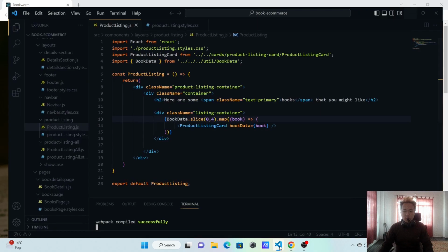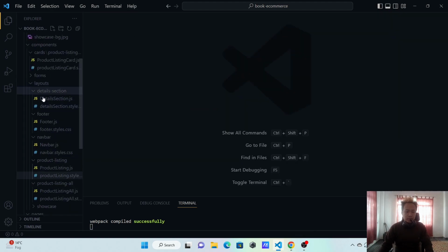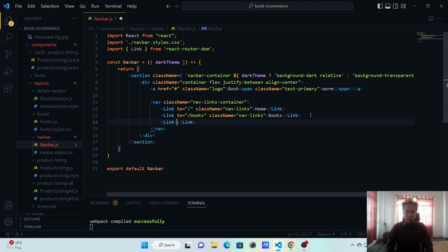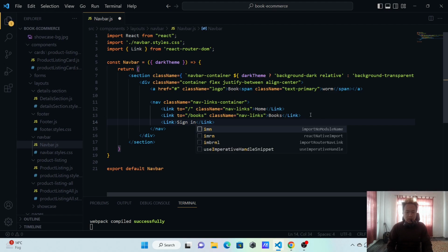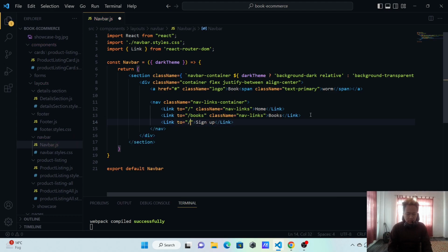So let me quickly go over to our navbar first. Let's remove this for now. Let's go to our navbar.js. Let's create our link component here, and inside this link component I'm going to add a text saying sign up, and here I'm just going to add a to and set that to sign up route. We haven't created this route, but we are going to create it. I'm also going to add a class name here of nav-links,